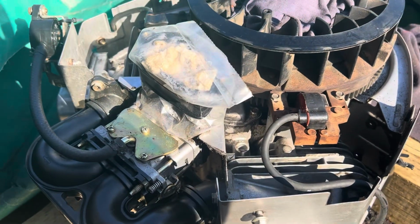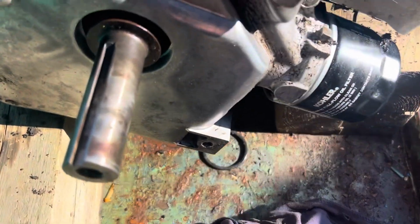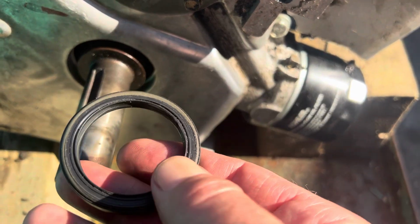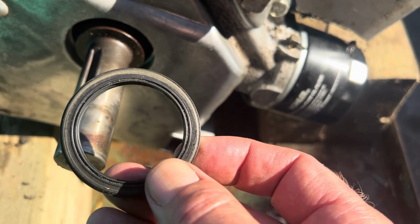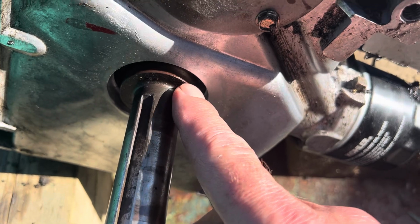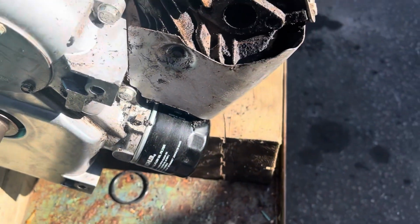I'll go grab that seal. We're going to put it in. So I got the seal. Originally, when I ordered all the parts, I ordered a seal from the engine number, and for whatever reason it was smaller. This one's about 1 5/8 or 42 mil, depends how you look at it, and that's the diameter of that part of the crankshaft there, not this here. So anyway,